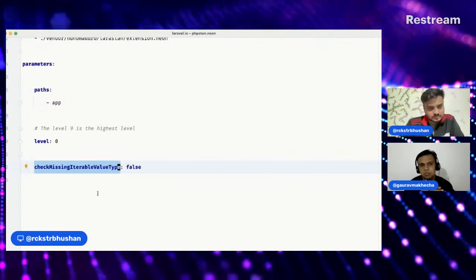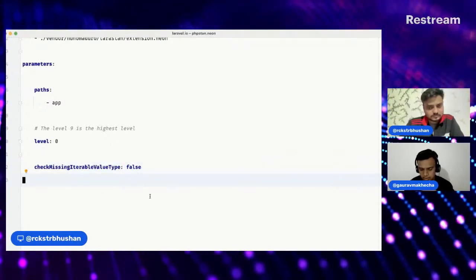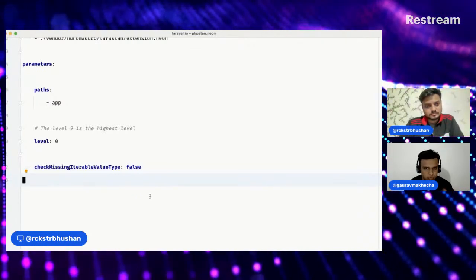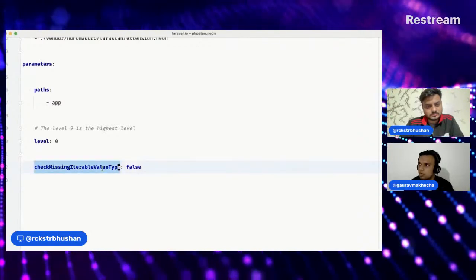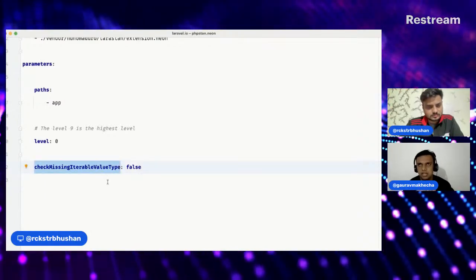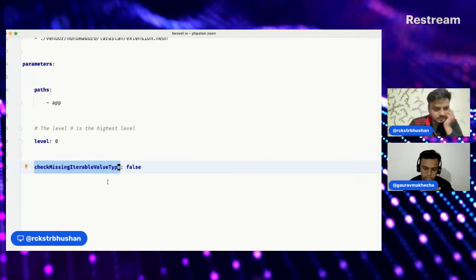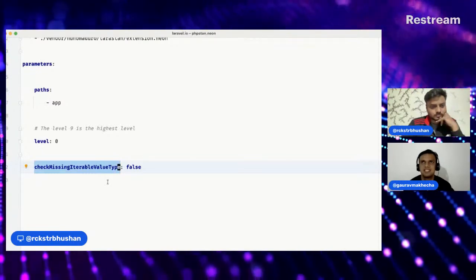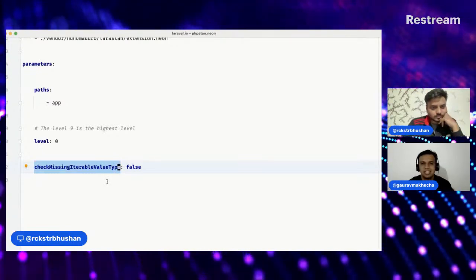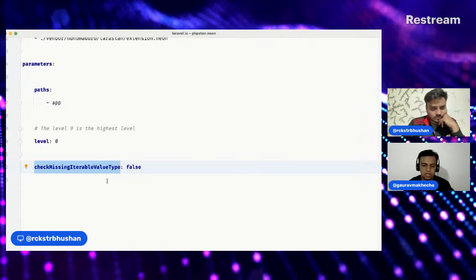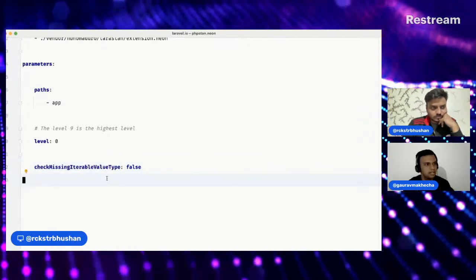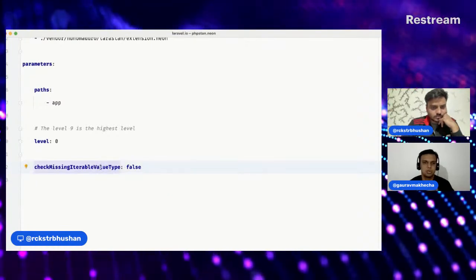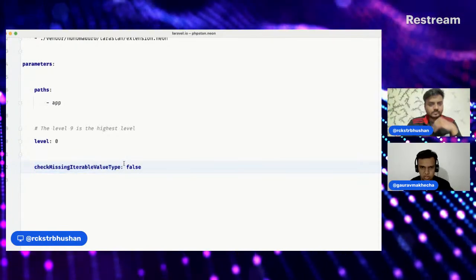Then the last thing says that by default it's true, so we are changing it to false. This is more used on the stricter side. Let's say we are using an array which is an iterable. PHPStan tells you that you should know what is inside your array, because inside an array you can have anything. Being very sure whether inside an array you have a string or an integer or something else helps static analysis guide you better. So we can remove this one as well. No need to disable for now.